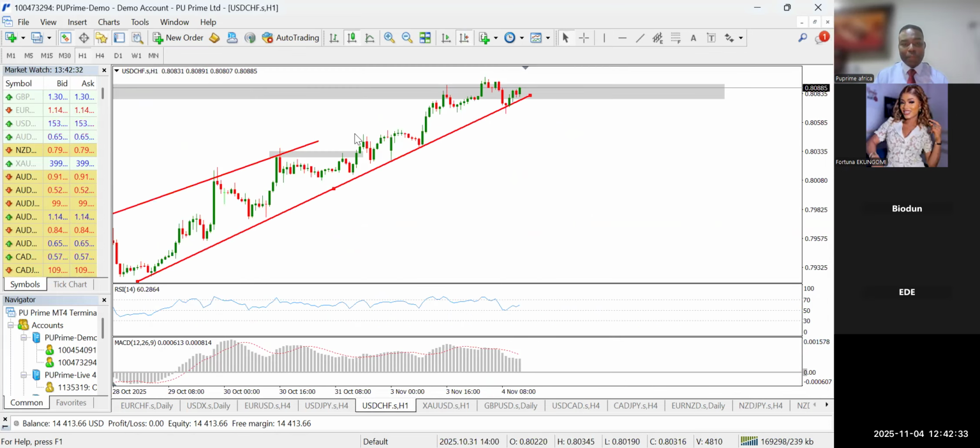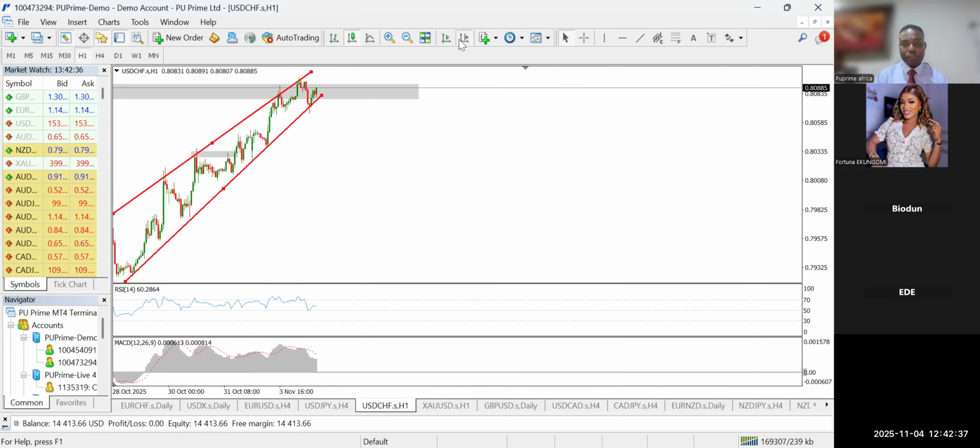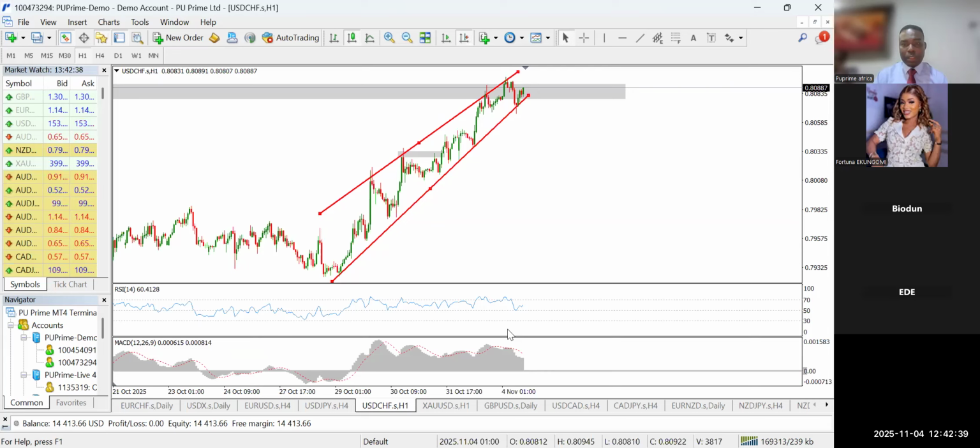On the 1 hour time frame, we have a rising wedge pattern. Price is also trying to form a shoulder, a head, possibly a second shoulder, and a breakout downwards. So that may be possible before the day runs out. So let's just watch it closely. Now, if price breaks out to the downside on the USD CHF, we'll need to wait for a confirmation of RSI below 50. So once price breaks out below the trend line, below this region,